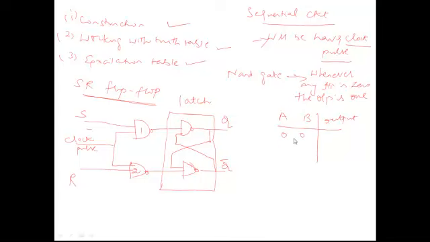So A and B having 4 combinations 0 0, 0 1, 1 0, 1 1. You will have the NAND gate output as 1, 1, 1, 0. It means that whenever any one input, either A or B, is 0, then in these three cases you are having the output as 1. When both the inputs are high, then only the output is low. So we are going to understand the concept of the flip-flop by this statement. Whenever any input is 0, the output is 1.